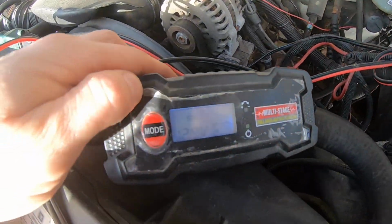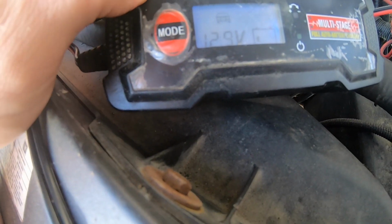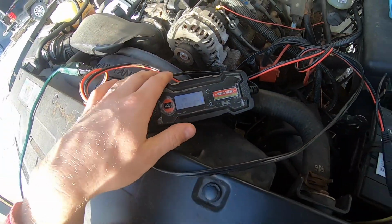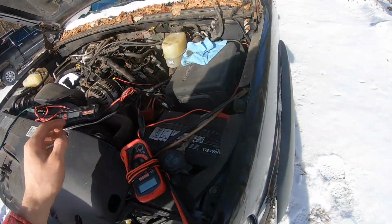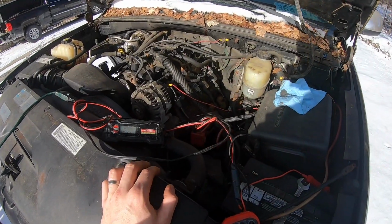All right, so we got our jump box and an extension cable run over. We got it plugged in now. It's charging. It's reading 12.9, but by the time we're done, it should read 13.5, 14. That's what this pack charges at. So yeah, that is pretty much what you check for your plow truck. You can also check your tire pressures, things like that if you're getting really picky, but just the basics here